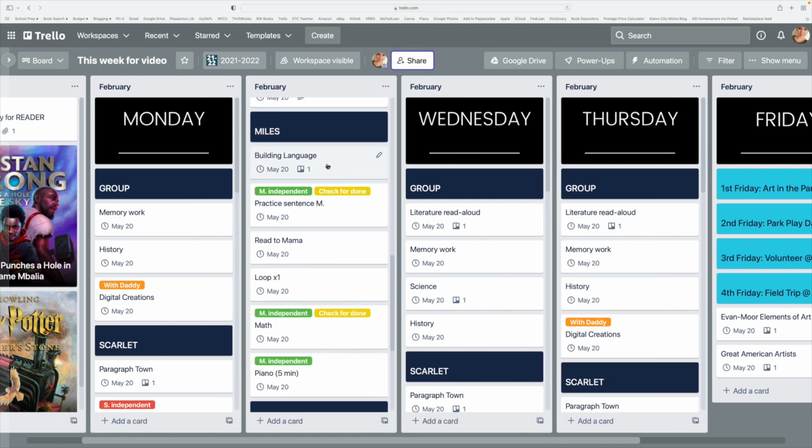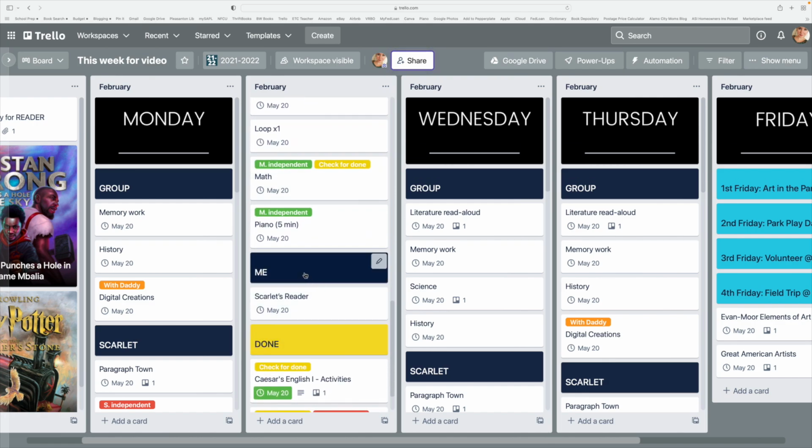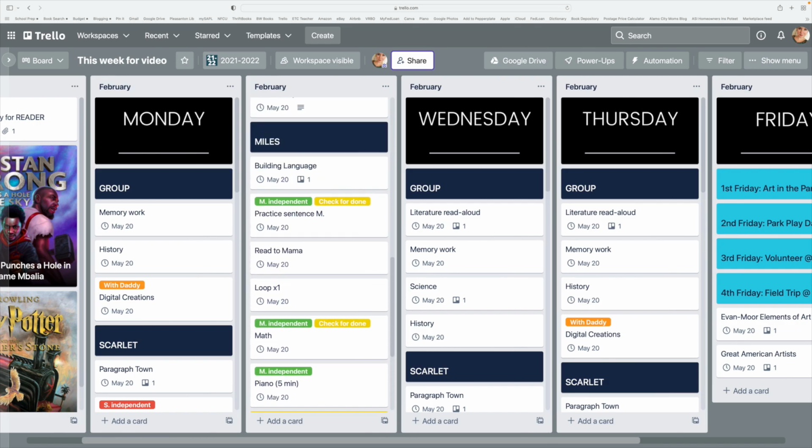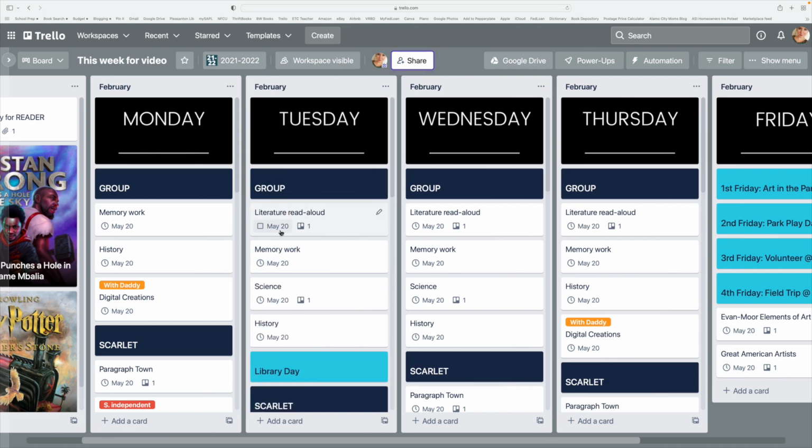And then my son, again, has all of the things that he is going to do. Most of his are with me, but he had a couple things that were independent here, here, and here. And then this one at the bottom is just a reminder for me to check off that I have read the book that my daughter is buddy reading with me for this day's reading. I would check that off that I completed reading that. And then once I finished all the things under one heading, I would just click C again to archive that just to keep it cleaned up. Ideally, at the end of the day, we would have